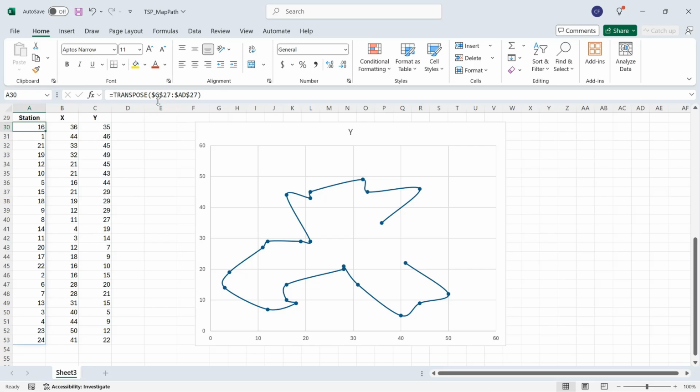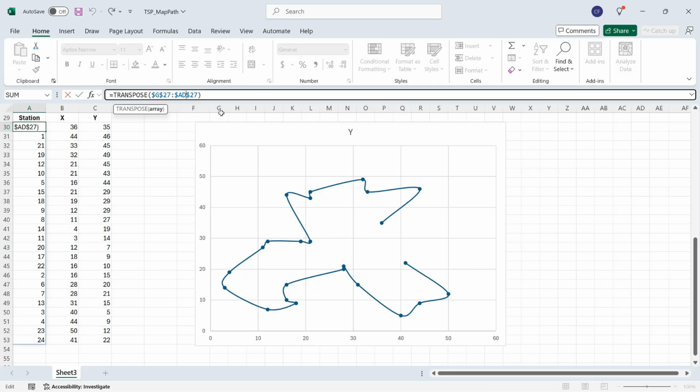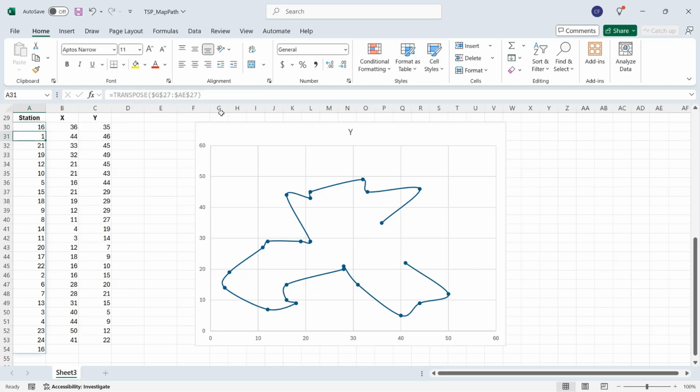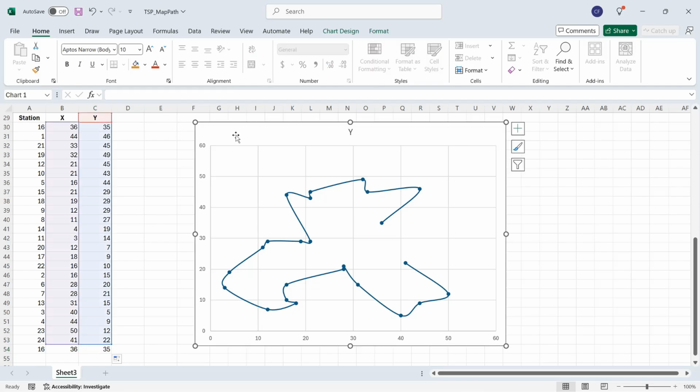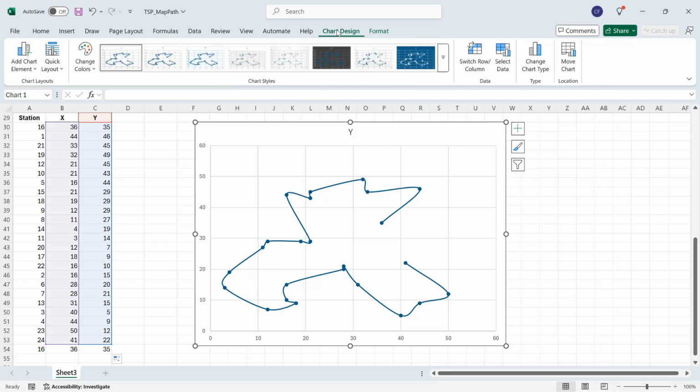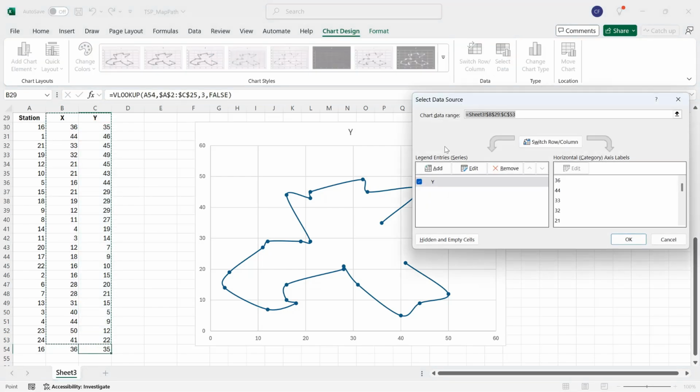And instead of going from G27 to AD27, we'll go to AE27 and enter. And we get the extra 16 at the bottom. And here we can copy down the VLOOKUP like we did before. But we also need to update the chart and the data it references. So I'll click there, then do chart design for that tab on the ribbon, select data, and then we will